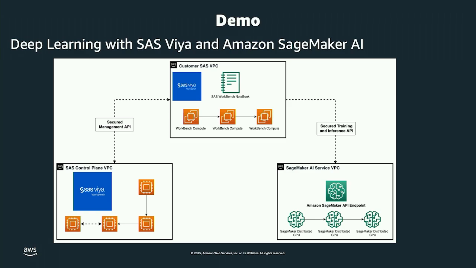So I'll be going back and forth a little bit. I want to switch over to the console to look at what Workbench looks like, and then also what SageMaker looks like. I may have to refresh my page because of credential expiration, so bear with me. But when you log into your Workbench environment, this is what you see. And then you can launch a notebook, and then you can use the SAS language, R, or even a Python library.